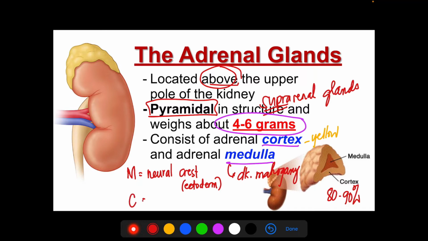However, your cortex is of mesenchymal origin. Also, take note that these glands have a very rich arterial supply